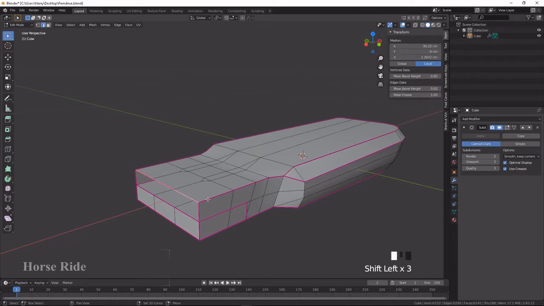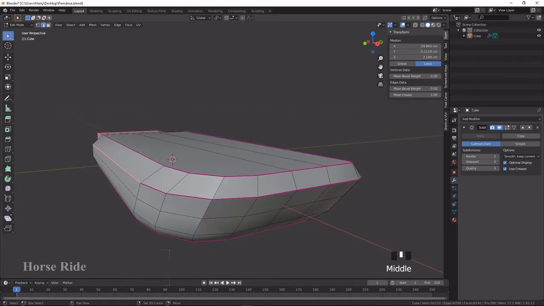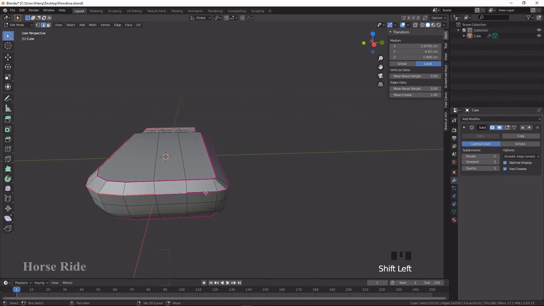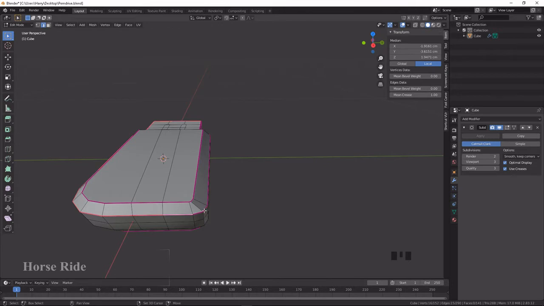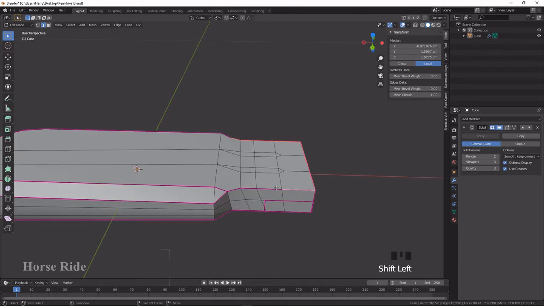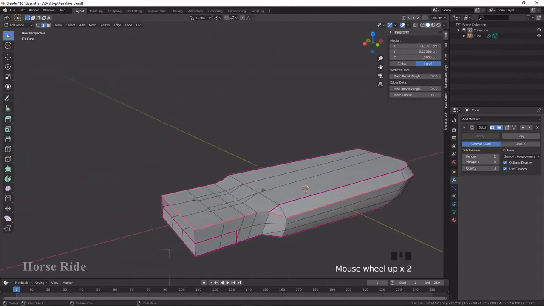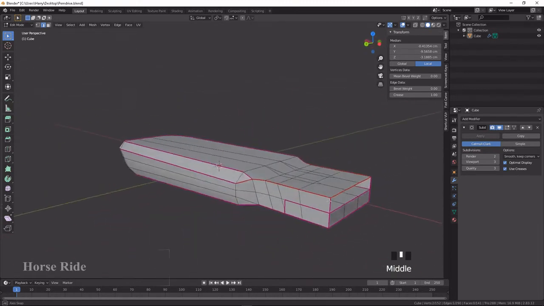So I'm going to select these edges. We are going to convert our 3D object to a 2D layout to apply a texturing. So select these edges, and here also we can select up to here, and press F5 to create a seam. So now the seam is created, and you can see it's marked as red.